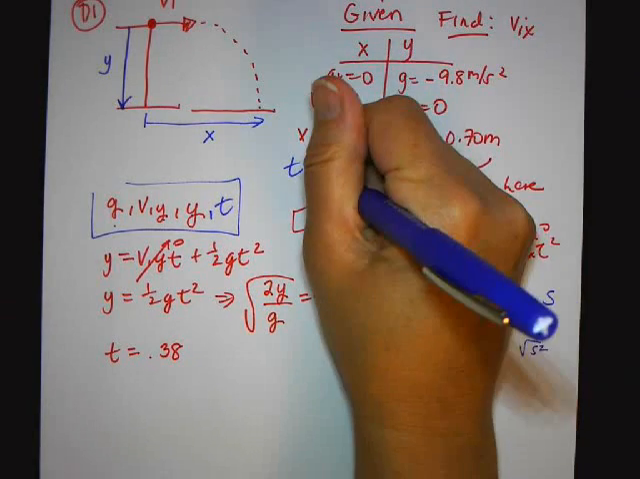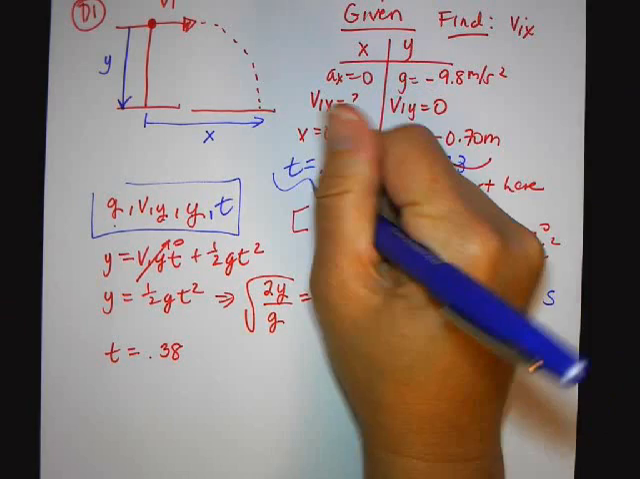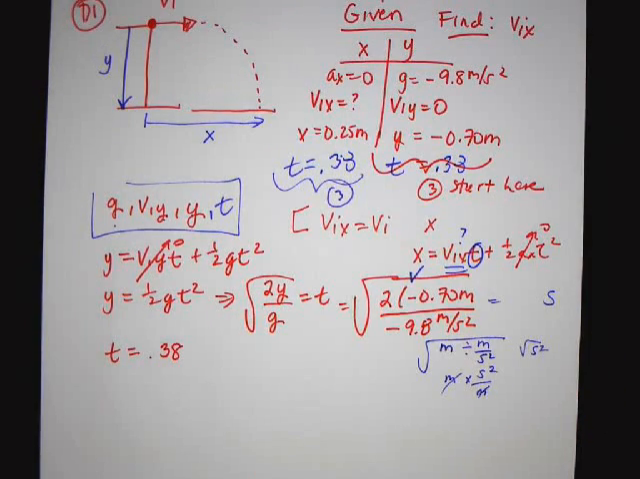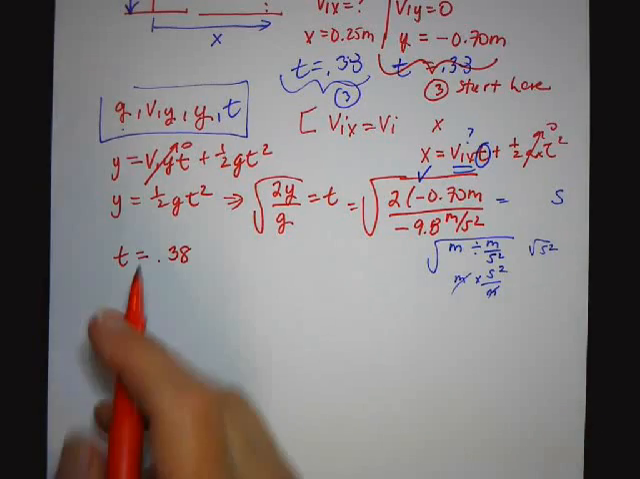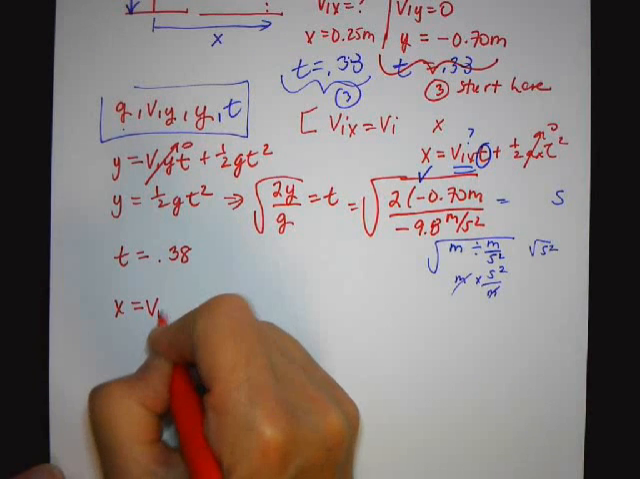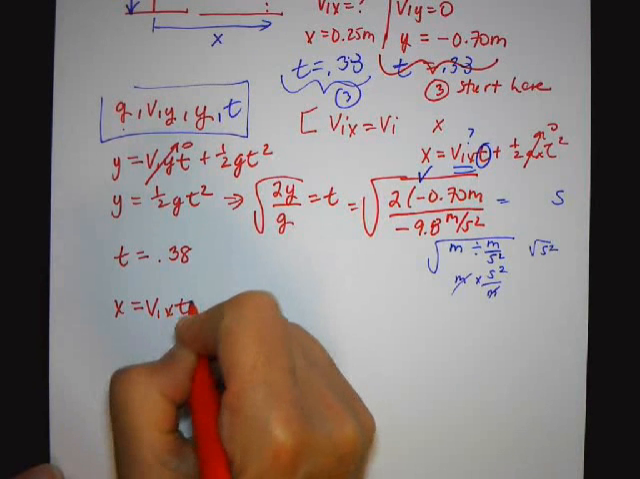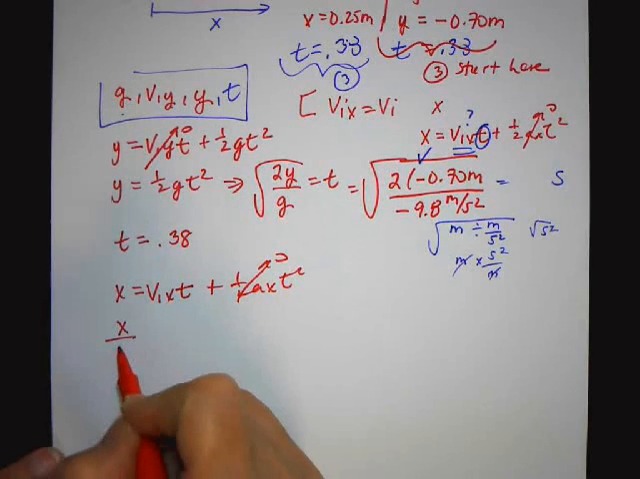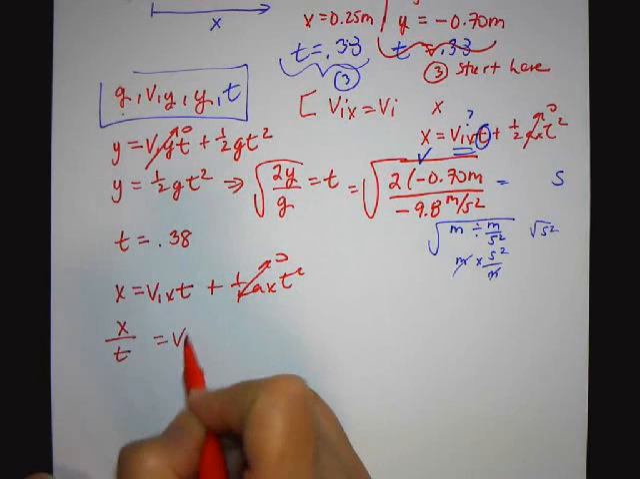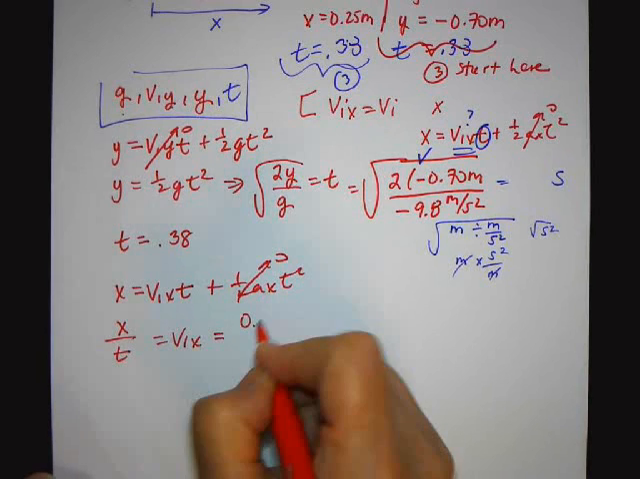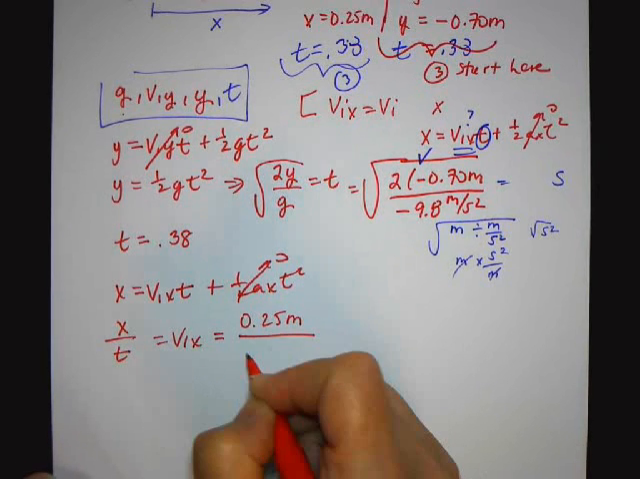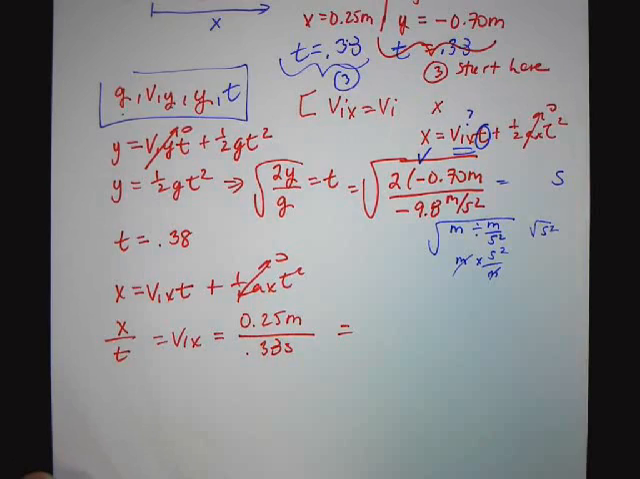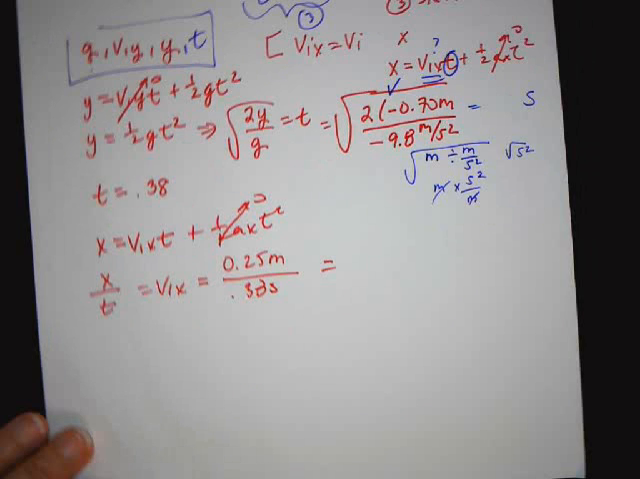Yes. So now I'm going to say x is equal to Vix t. So x divided by t is equal to Vix. So it's 0.25 meters divided by 0.38 seconds to be 0.658. So we'll say 0.66 meters per second. So that's Vix, but because this is all horizontal, Vix is equal to Vi, so Vi is 0.66 meters per